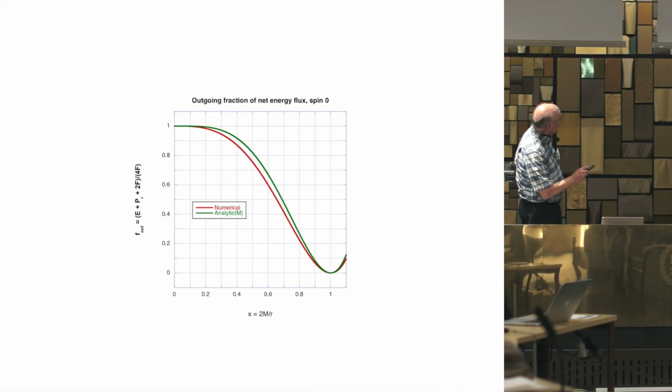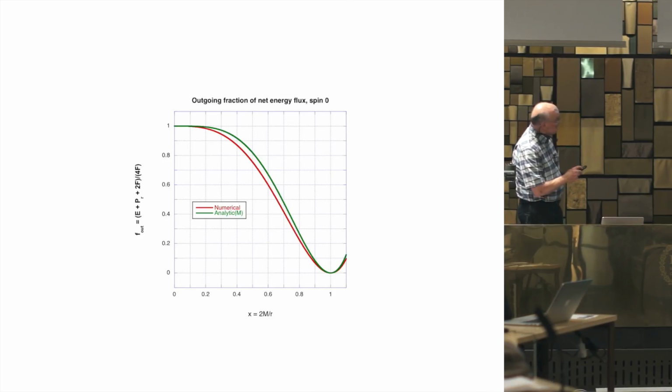And at the horizon, you have purely ingoing radiation. This is in the static frame. And the transition, where you go from mostly outgoing positive energy to mostly ingoing negative energy, occurs right around X equal 2/3, which is R equal 3m, which is where the peak of the potential barrier is. So I'm thinking this is a really good indication that you should think of the particle creation as taking place in the general vicinity, of course, not right at it, it's distributed over a substantial range of radii,